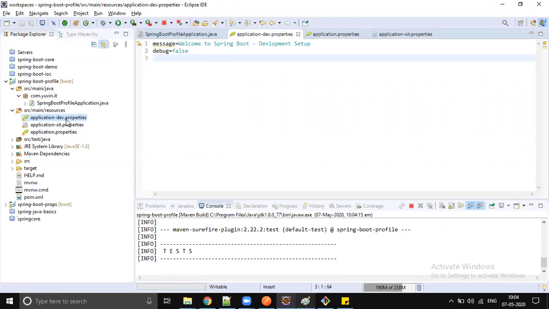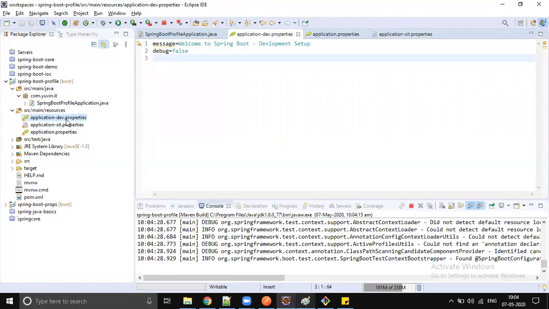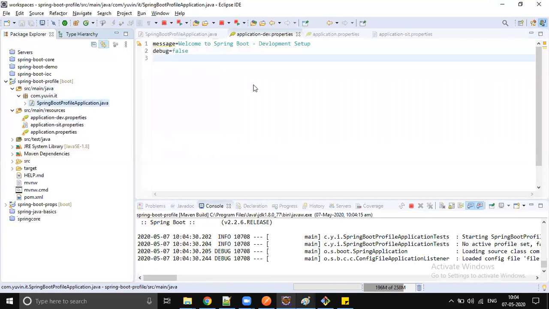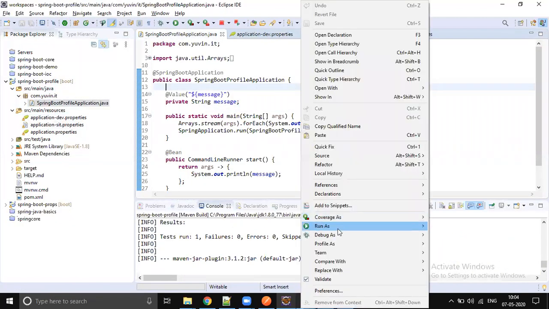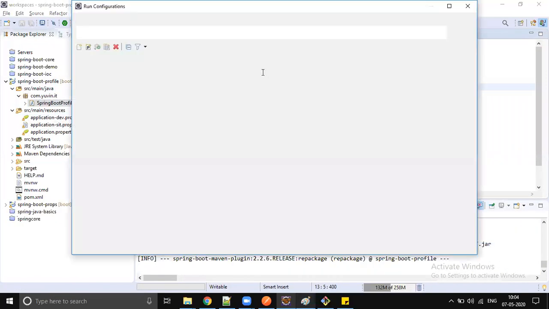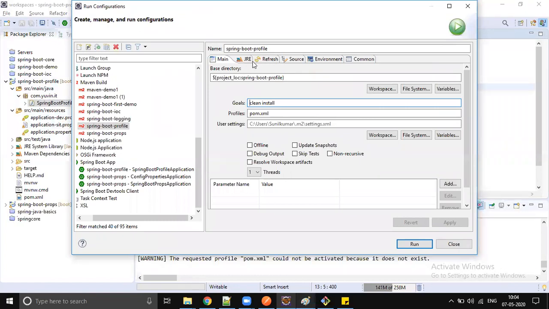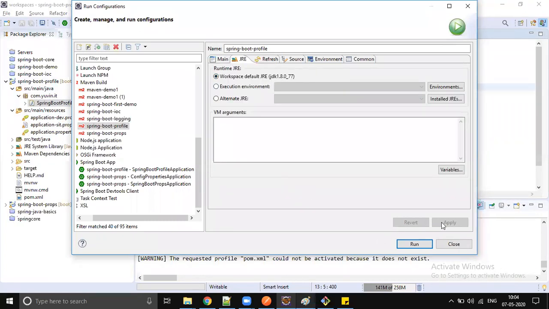Okay, that's how it is happening. That is my question, how it is mapping it. I'm passing the runtime argument, right? Right click, in runtime argument, we are just saying okay, whatever we give with application-dev, that will be taken.